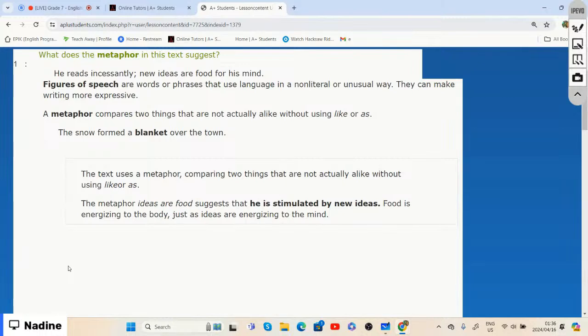We said a metaphor compares two things that are not actually alike, and we don't use words like or as, right? Similes use words like or as, but not a metaphor. For example, the snow formed a blanket over the town. That is a metaphor, and it's comparing two things that are actually not alike, without using the words like or as. So which means that the metaphor ideas of food